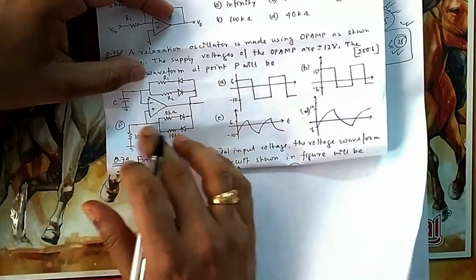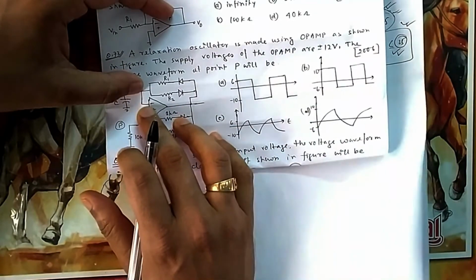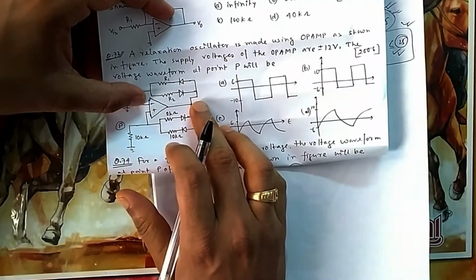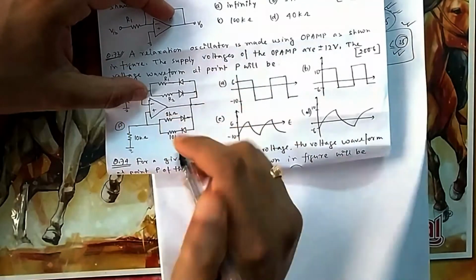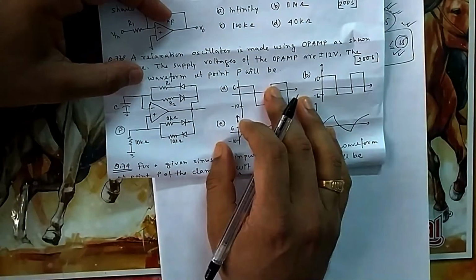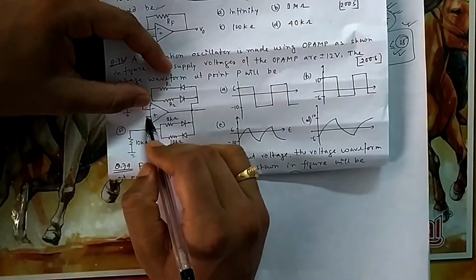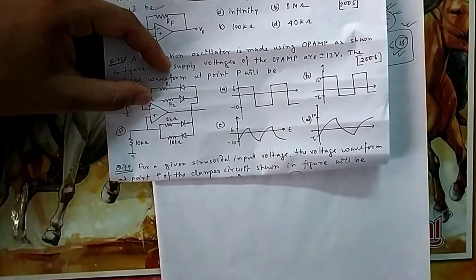This is for the discharging path of the capacitor. Sometimes it will get charged, sometimes it will get discharged. While charging, when it crosses a limit, then this potential will be more, then the output will be positive. Which one is more? It will get either plus 12 or minus 12. It will obviously go to saturation, because open loop gain is infinite. Even a small change between these two voltages, it will go to either plus 12 or minus 12. So accordingly, the capacitor charges and discharges.